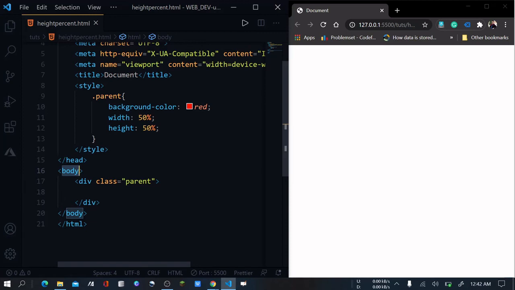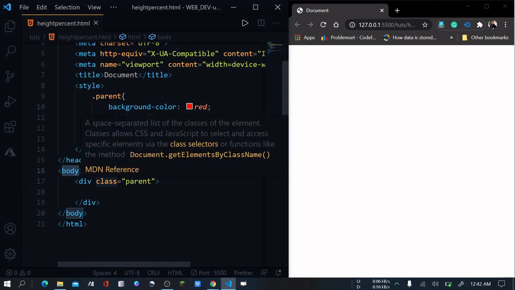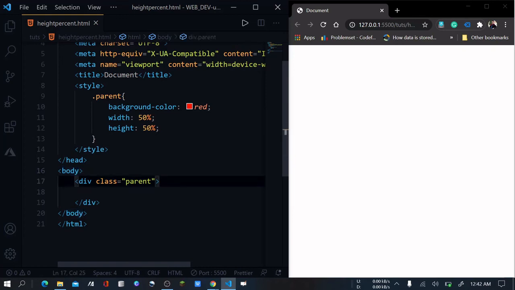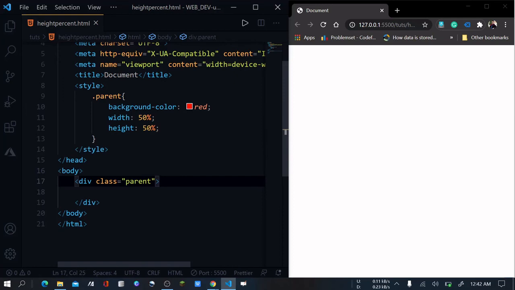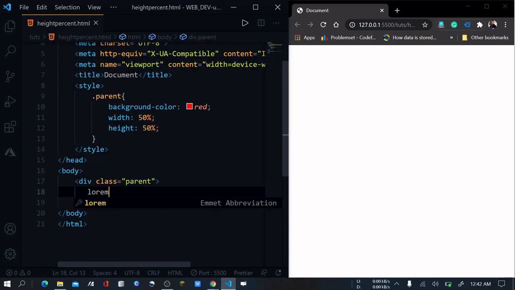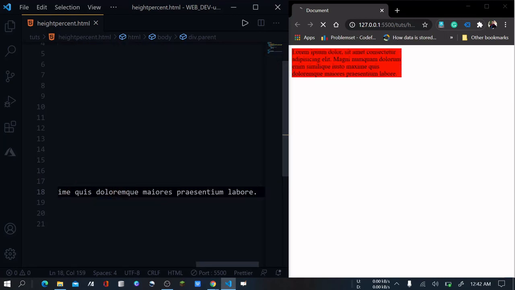As I include more and more content inside body, its height automatically changes. If I include some content like lorem 20, then you can see here this division showed up.